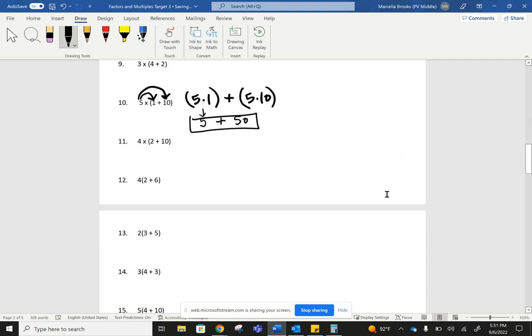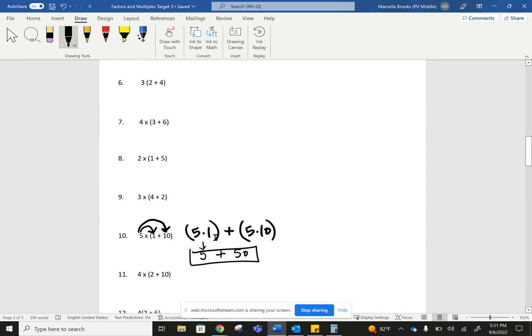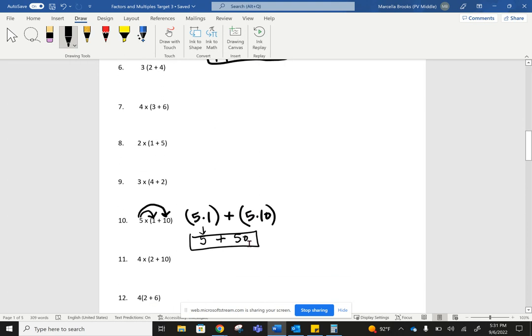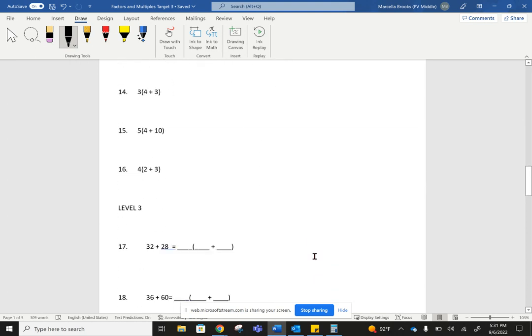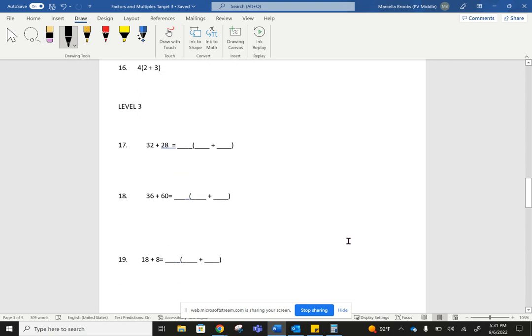Okay, so once you're done with all 16 of those distributive property problems, please raise your hand so that I may check them before you move on to the more difficile problème. Difficile means difficult in French, just in case you're wondering. Okay,